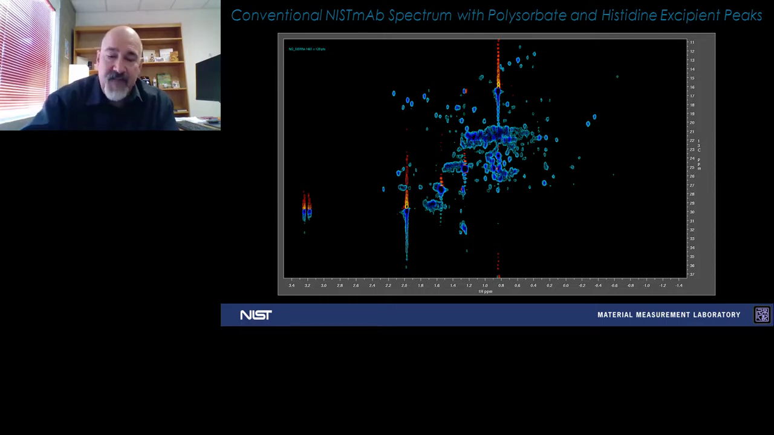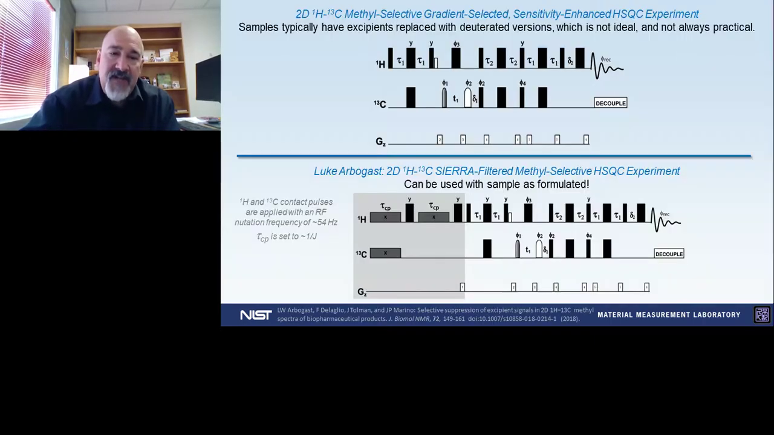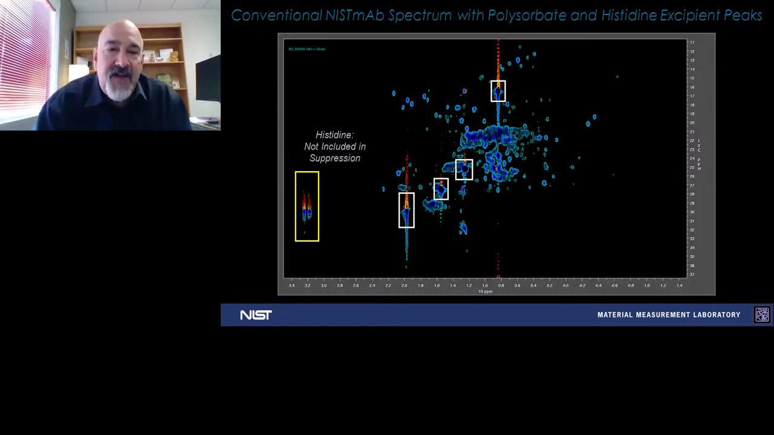and these can distort the rest of the spectrum. The Sierra pulse sequence uses a phenomenon called cross-polarization as a way to selectively suppress signals at particular 2-dimensional locations in the spectrum without changing the rest of the spectrum very much. So this is very beautiful, and in practice, it can be used to target these specific regions,